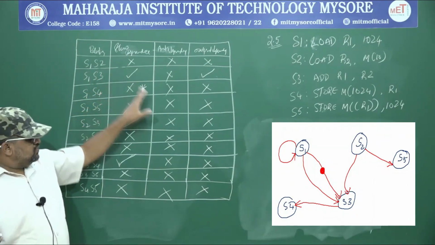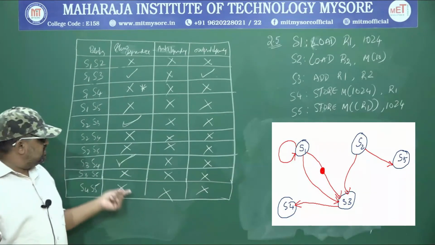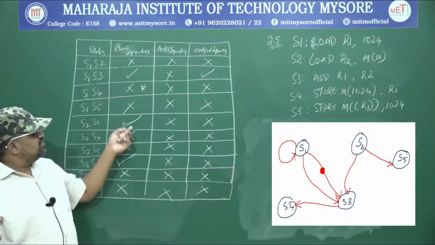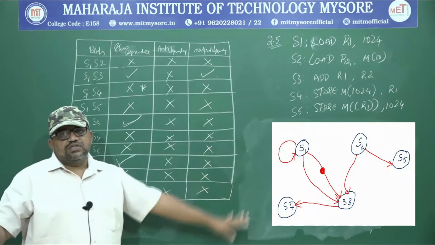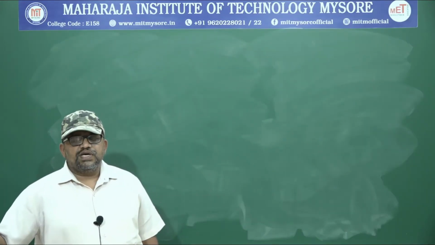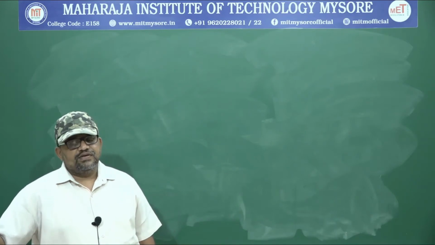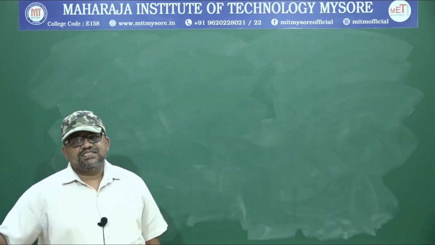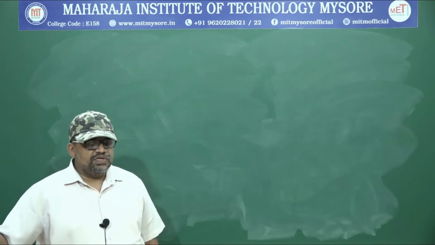So once you are through with all the relations, then whenever you have put a tick mark, you take that out and draw the corresponding graph. Now with this we will be completing the dependency graph. Then we will go to the next topic. Next topic is